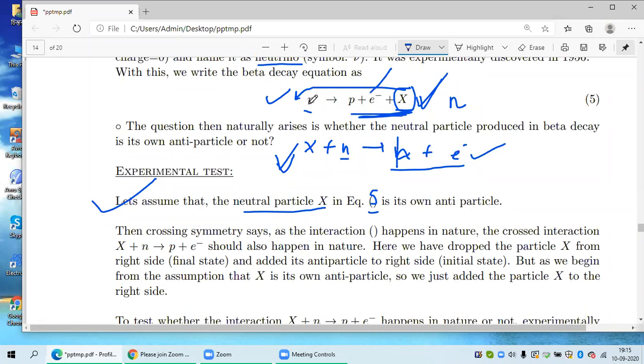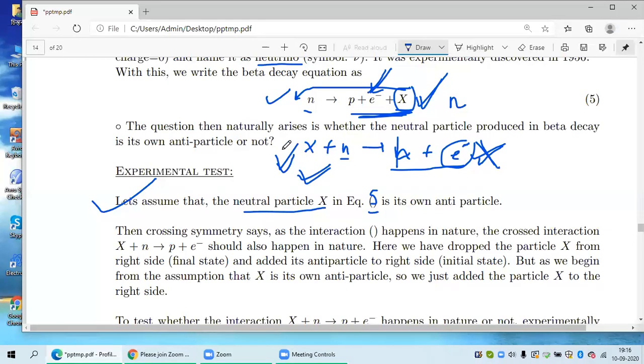But the electrons from the neutron decay, from energy momentum conservation of this reaction, have a specific type of energy dependence. This electron will have some other type of energy dependence, a different energy distribution, because it is a different reaction. So if this reaction happens, this electron will be distinguishable from this electron. Experimentally, this can be done. But in the laboratory, you don't see this kind of electrons, which can be produced by the interaction of two particles. So in other words, this reaction is never seen in the laboratory.